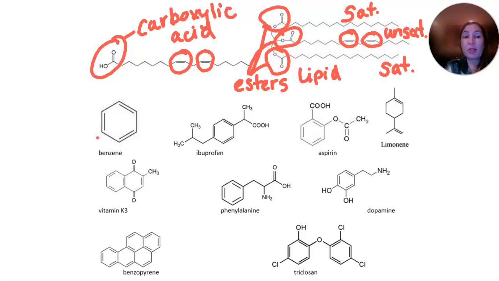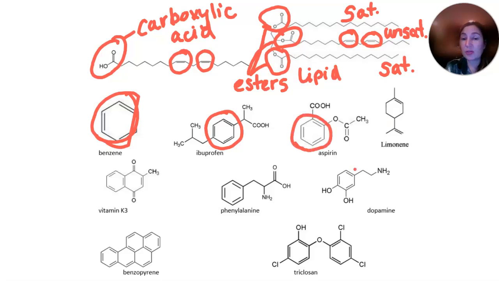Let's see. Well, we can look for the benzene functional group. That's when we have that hexagon with alternating double, single bonds. And there's quite a few of those here. Here's a benzene on the ibuprofen structure. Here's a benzene on the aspirin structure. Now in limonene, you might almost want to circle that, but it's not. That's got a hexagon with just one double bond. So that double bond is an alkene. But the ring, the hexagon with just one double bond, is not a benzene. And then there's another double bond down here on the limonene structure as well. So two alkenes